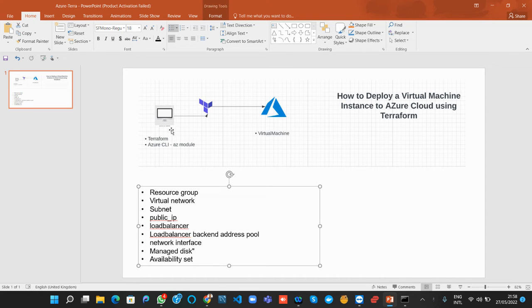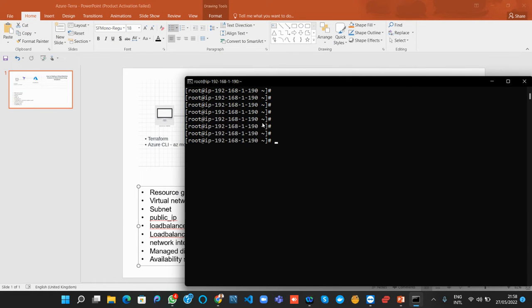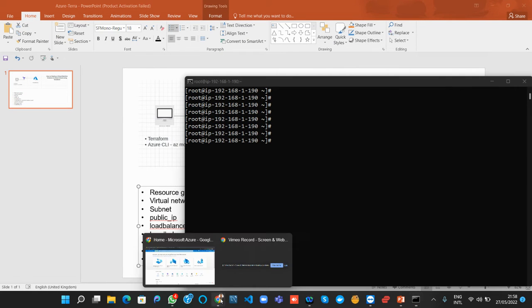This is my physical machine. On my physical machine, I have Terraform and I also have Azure CLI. So I'll be using Terraform to deploy to Azure Cloud. Okay, so to get started, I'm going to install Terraform and Azure CLI. All right. So quickly, let's hop onto